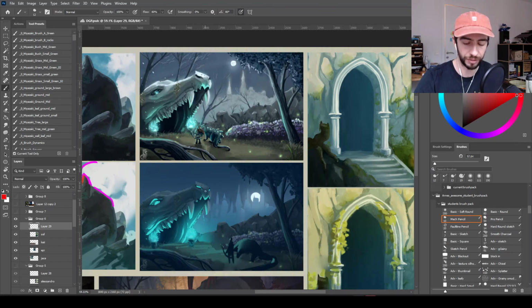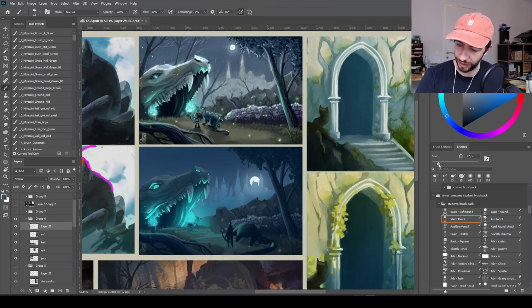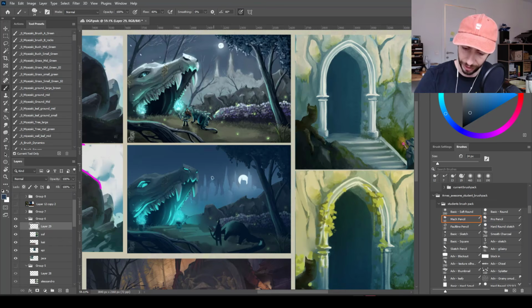One of the main mistakes that people tend to make when they're doing these kind of scenes, especially if they're a bit more ambitious, is they tend to want to show everything. So, oh yeah, this is a bush. That bush maybe has separate leaves and flowers. Same thing with the leaves over there. Like, how about I make it look like leaves by adding almost a dot for every single leaf? That's not necessary. We can greatly reduce that information by, rather than having multiple dots for a shape, I could just as well say I'll do a dark shape, and I'm just gonna butcher this real quick. And I'll do a light side to that shape,